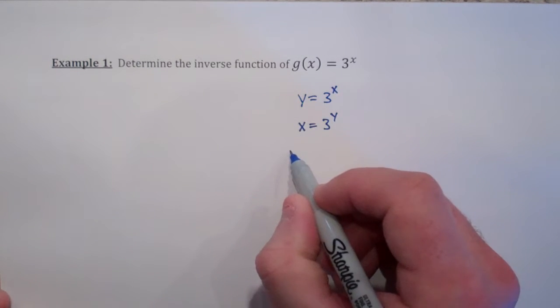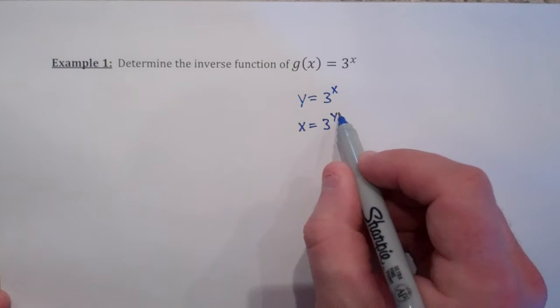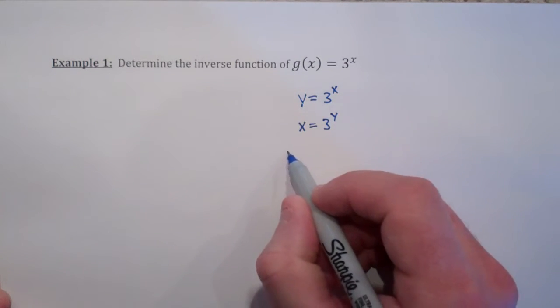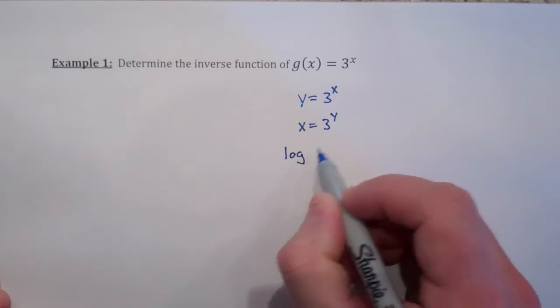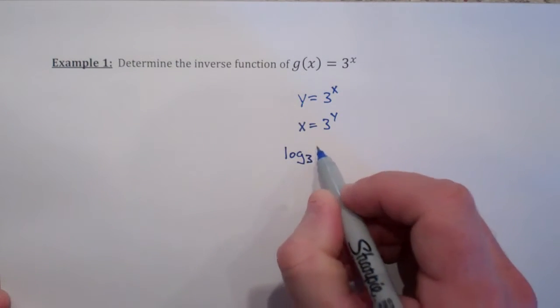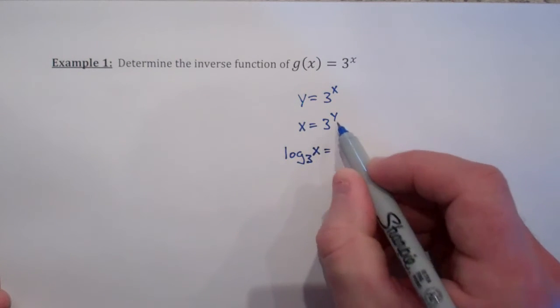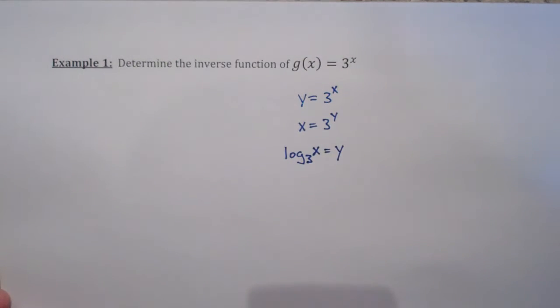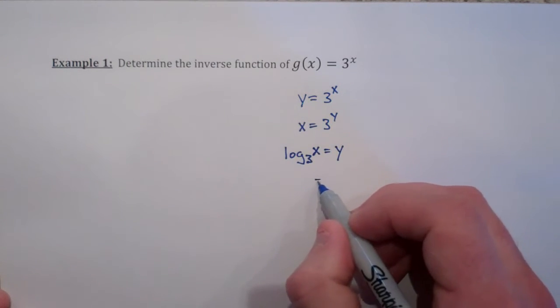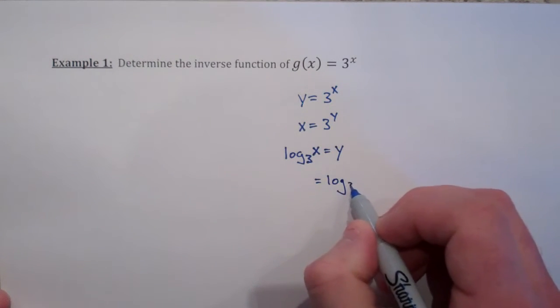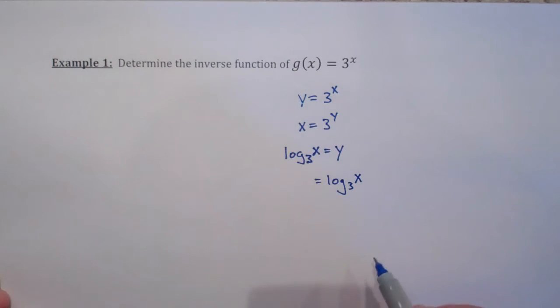The only thing to do here is to solve for this exponent position, which is where a logarithm comes in really handy. So the base is 3, the x goes in this position, and the exponent is solved for on the right-hand side. I can also switch sides here and write log base 3 of x on the right-hand side,